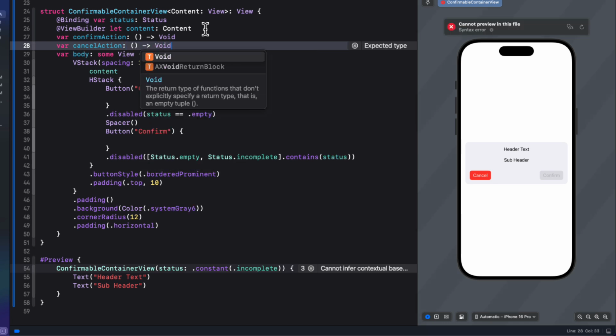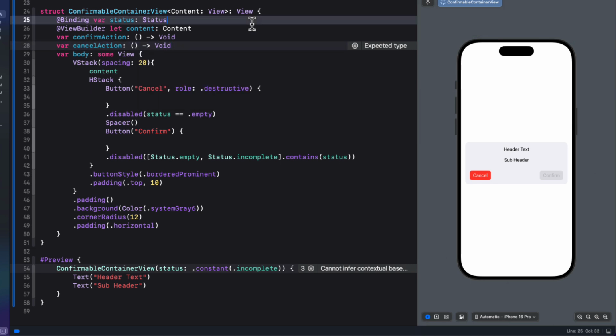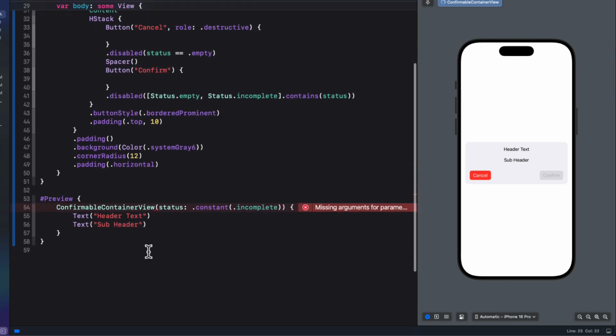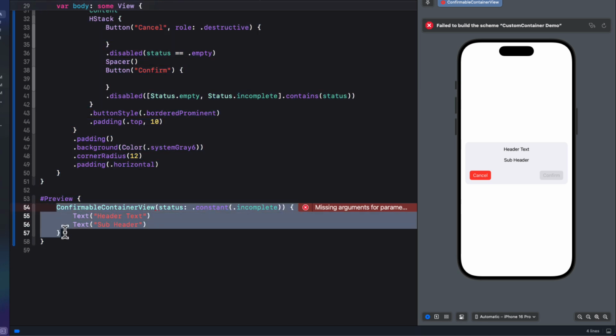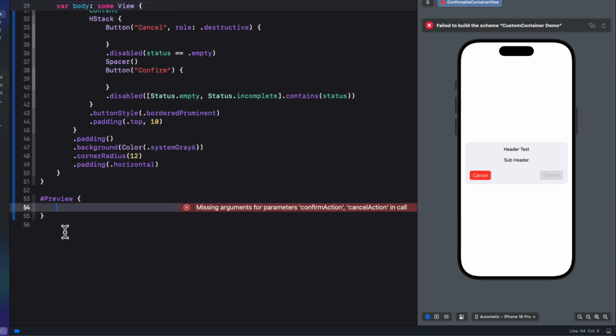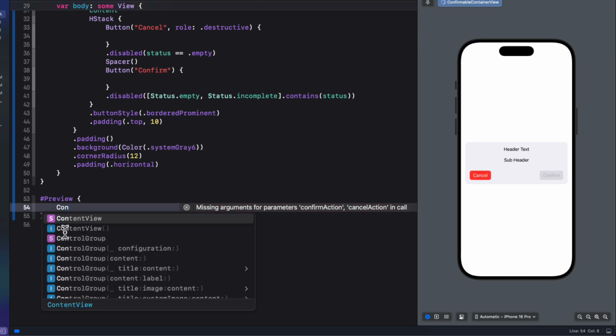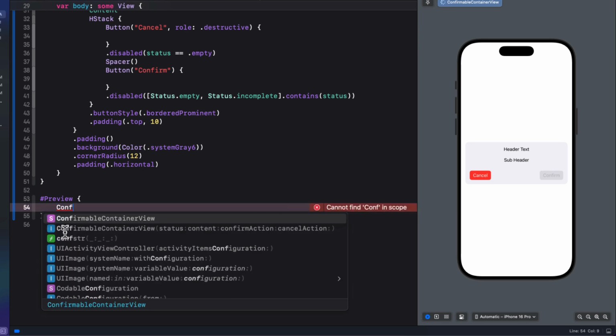And the preview is also going to have to be updated. And I find that the best way to do this is to remove the existing one and start all over again. But first, let me copy those 2 text views to the clipboard. And I'll delete the preview. And then if I start again with the preview macro,